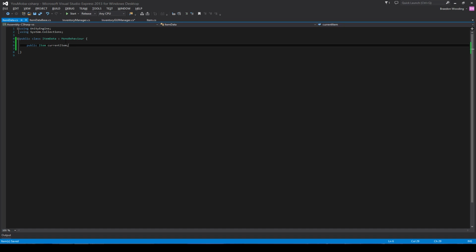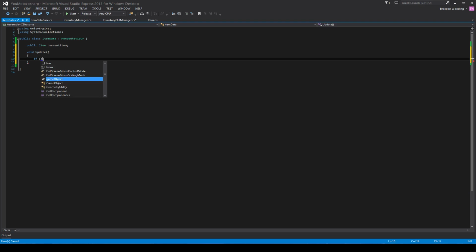It's going to store public, and then this is where it gets a bit difficult, because this is where you have to do a bunch of stuff, but we'll just have an update right now. We say if get components in children,